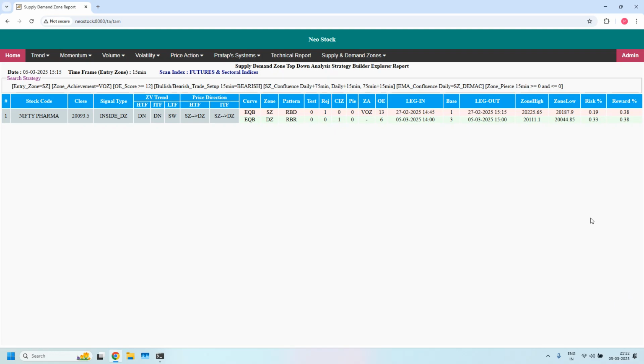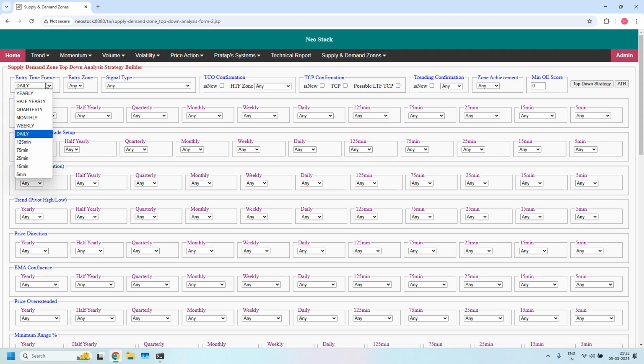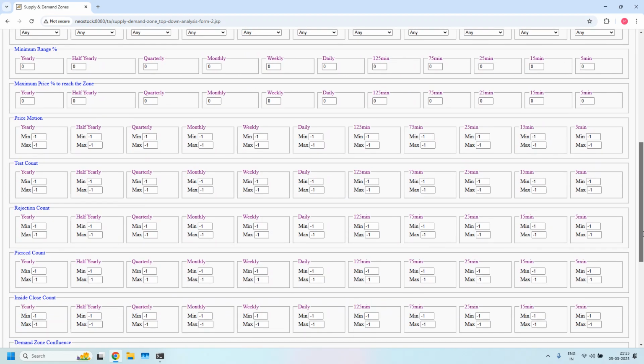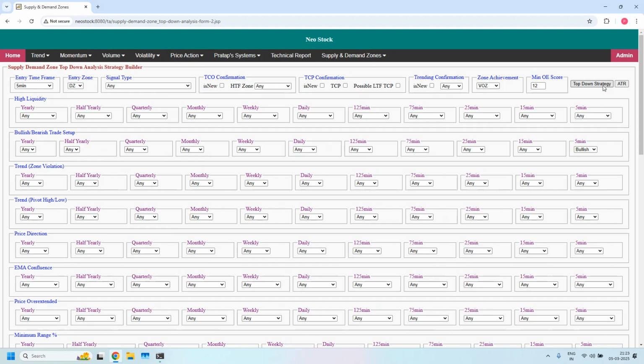Now I am not adding any filters. Hourly income trade, entry time frame 5 minutes, entry zone, demand zone, bullish or bearish trade setup 5 minutes, bullish, zone achievement VOZ, minimum order enhancer score 12, 5 minutes demand zone should not be pierced. So in the pierced count 5 minutes, minimum value 0, maximum value 0. And we got